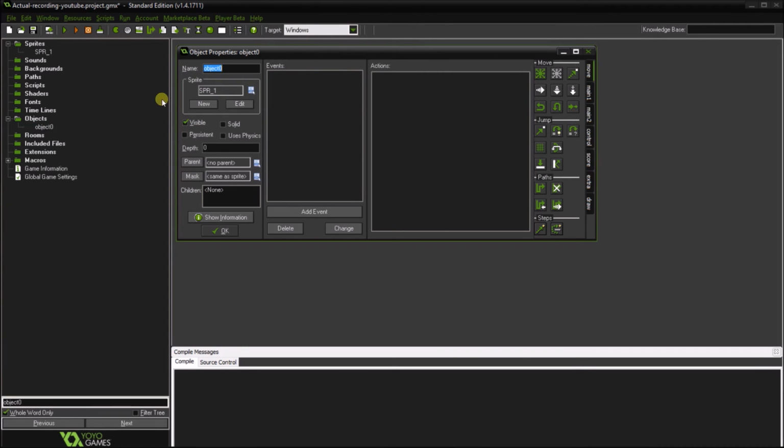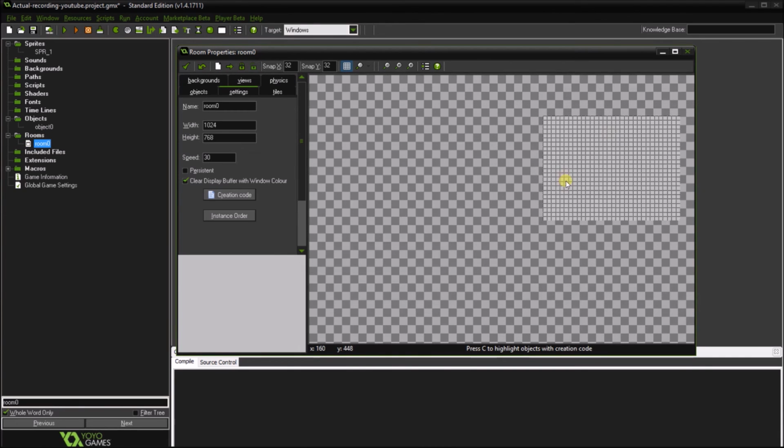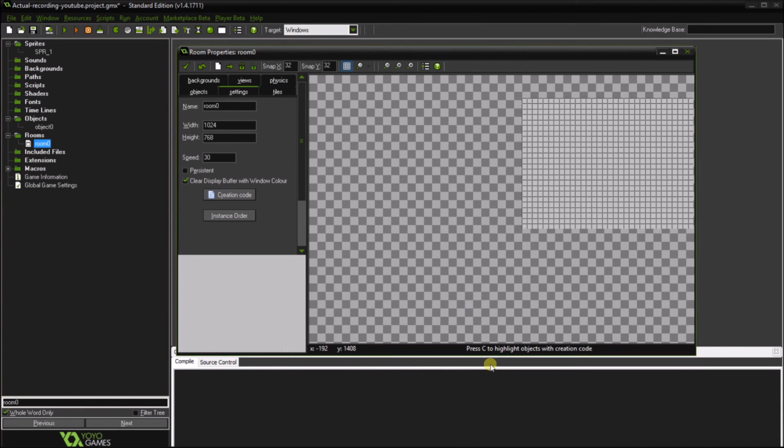Then you have the room button. A room is basically any level or menu in your game where anything is inside. So anything you can put an object in or a background is a room. So you can just have the simple options there. Those are the basics of Gamemaker Studio